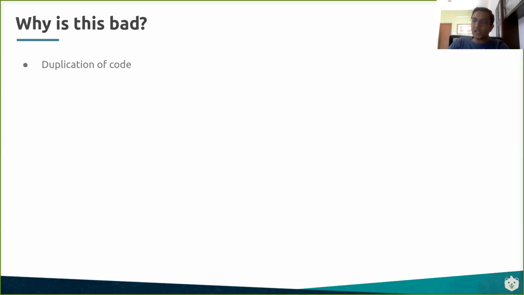But then, even if this code was correct, why is this code not so good? We are saying there is duplication of code. You can see that pretty evidently. Both the different handler teams have implemented their own validation, correct? So there is duplication of code. And we are taught from day one that duplication of code is not the ideal way to code, right? In any place there may be some unavoidable circumstances, but in most places, if you are duplicating code, you're not doing something right, correct? So if that validation can move to one place, where multiple people can come in and use it, that is the best thing to do, right?